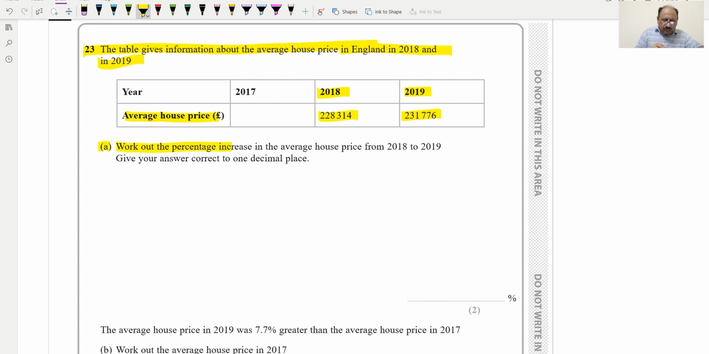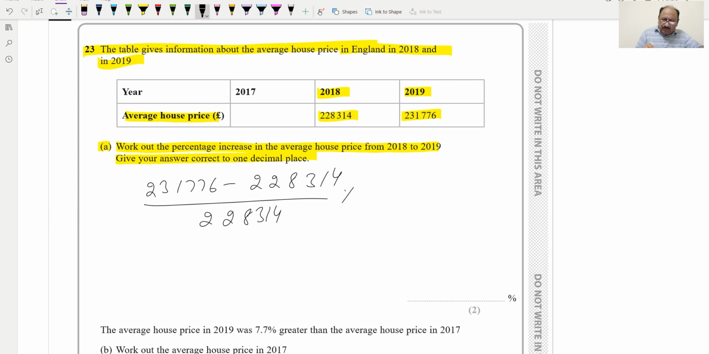Part A, work out the percentage increase in the average house price from 2018 to 19. Give your answer correct to 1 decimal place. So always we are taking the bigger value, which is 231,776 first. We will be taking the bigger value and subtracting the original price, which is the smaller value. So we are checking the difference and dividing by the original, which is